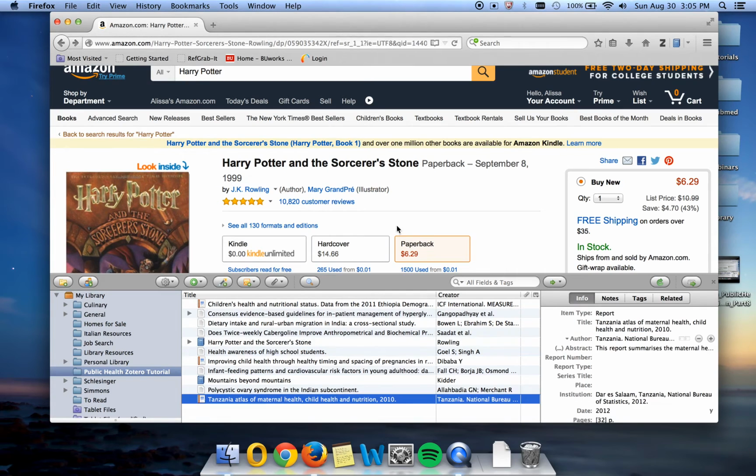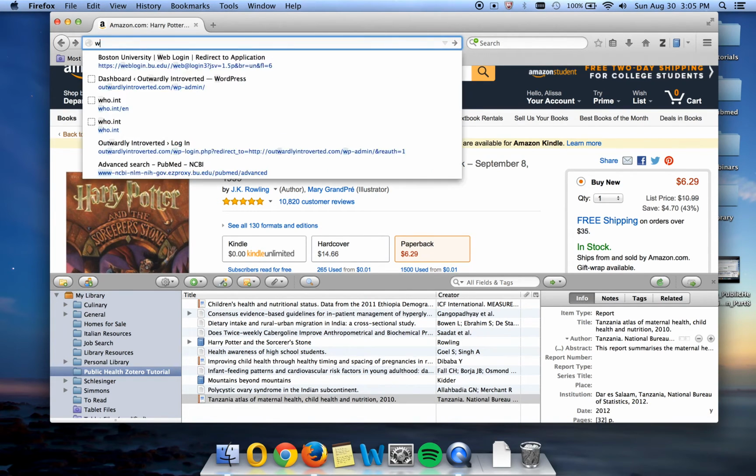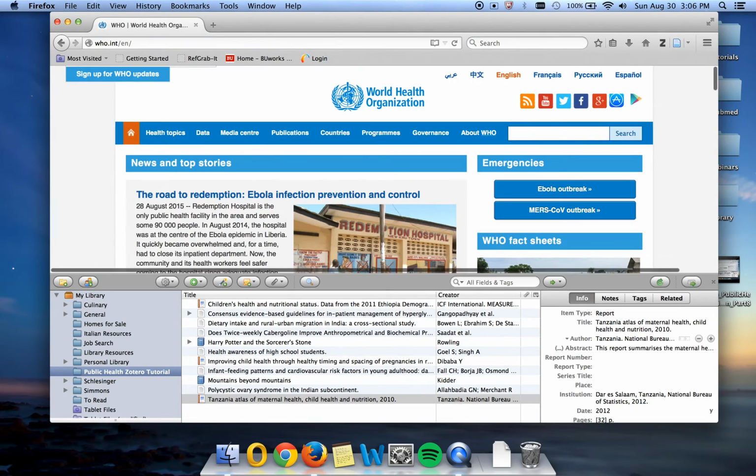So the next thing you might want to add to your citations here would be a web page. So if we wanted to, for example, add in the WHO, we would go to WHO on the website here. And once you got there, you would see that Zotero now has this little blue sheet of paper here. This is Zotero saying that you are on a web page. It's recognizing that it's a web page, and it's going to pull in the appropriate information for the web page